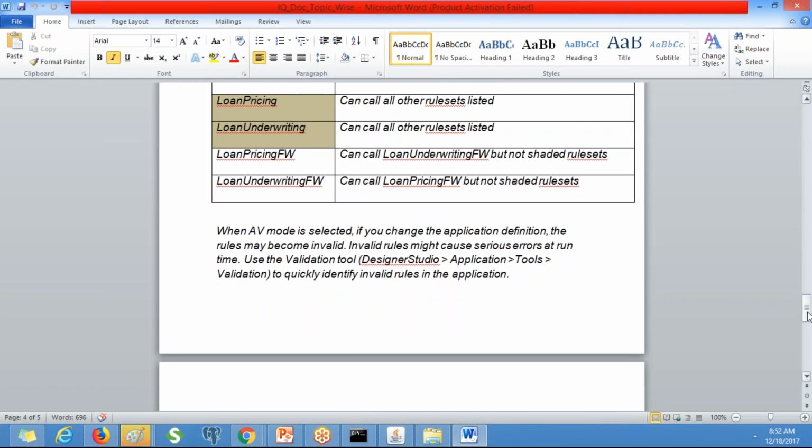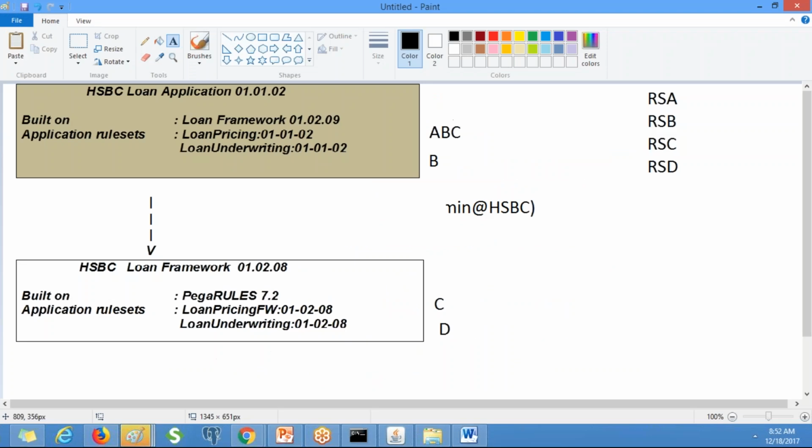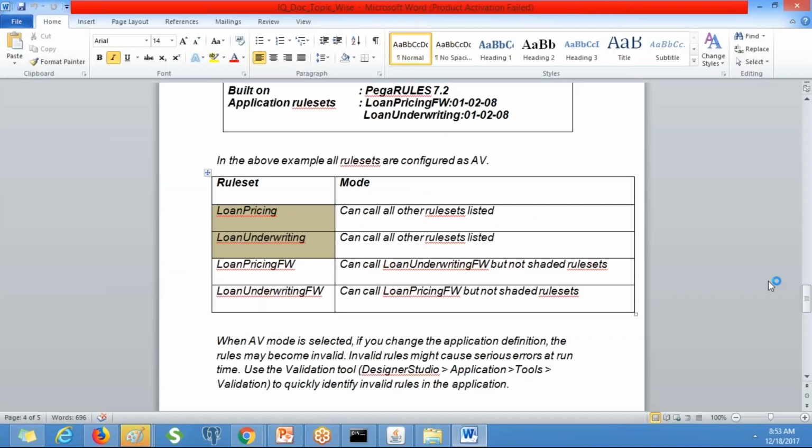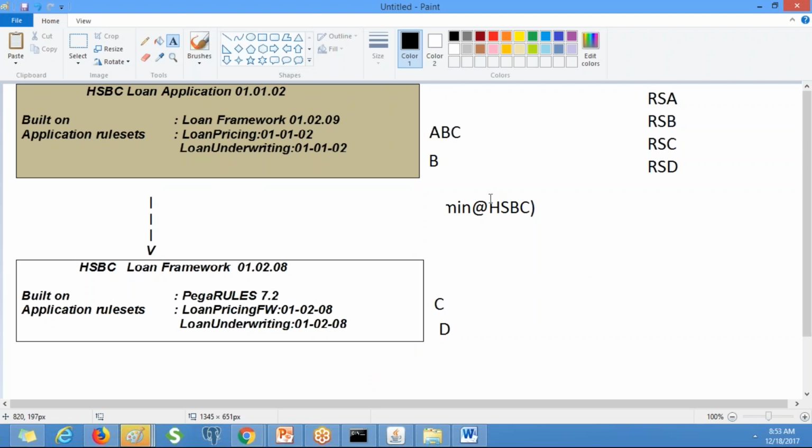Satya, this framework is something we apply to any kind of loan application, no? It's a kind of Pega rules framework, like that we are creating our own framework. It's applicable to all kinds of applications, no? Yeah, exactly. See, we built the HSBC loan application, this one, right? Yes. Whatever rules we have in the framework, we can use in this application. That's what referencing means: these rules can use these rules. Where do we reference, stepwise? Can you show me that?